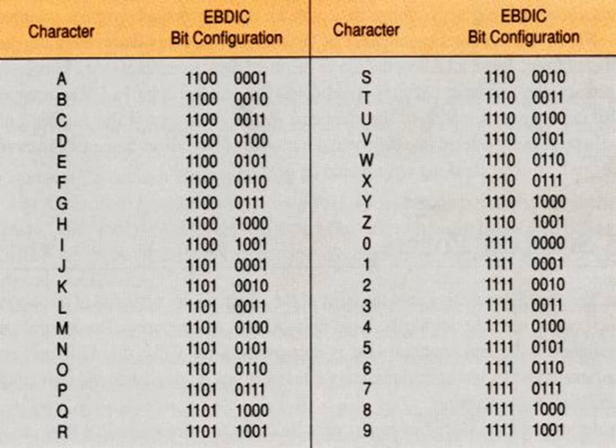The 0 to 9 digits use zone code 1111, with binary code from 0000 to 1001. For example, the letter K is represented in EBCDIC code as 11010010. One more example, the digit 5 is represented in EBCDIC code as 11110101.